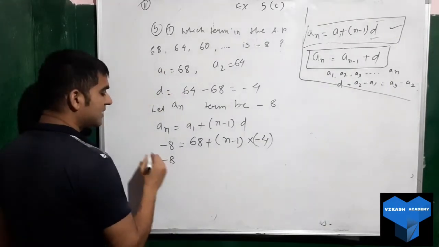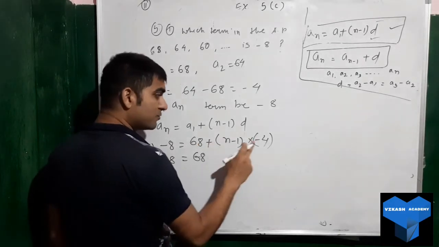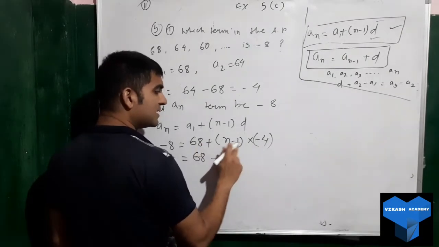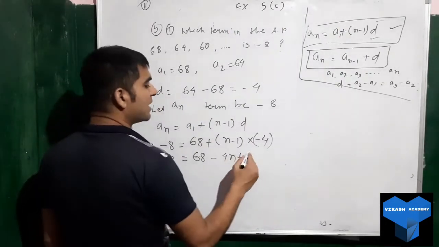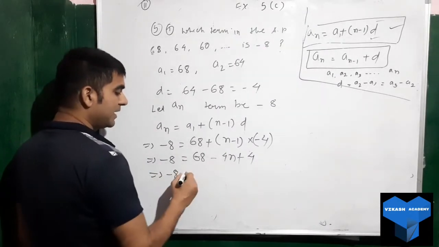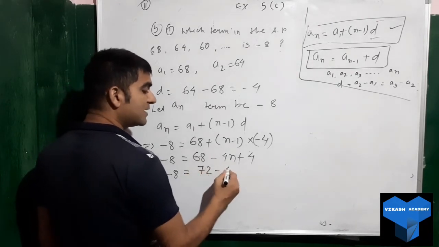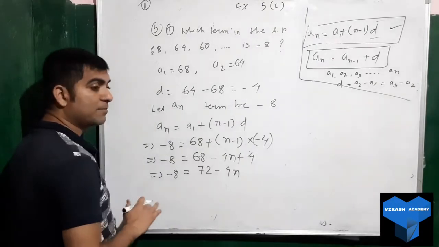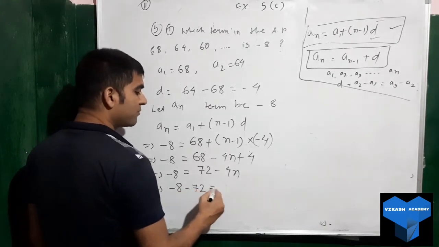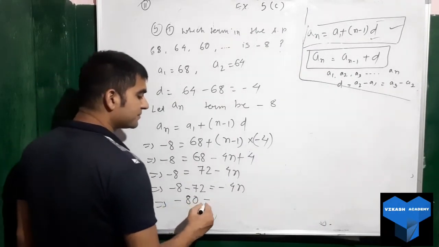Now simplify. Minus 8 will be minus 8, then 68 will be 68. Plus into minus is minus, 4 into n, so minus 4n. Now minus into minus will be plus, so 4 into 1 will be 4. Now you will have minus 8 equals 68 plus 4, which is 72, minus 4n. Take the number one side and n the other side. So minus 8, take 72 this side, it will be minus 72 equals minus 4n. So add it, you will get minus 80 equals